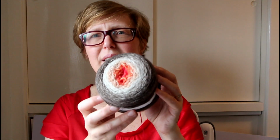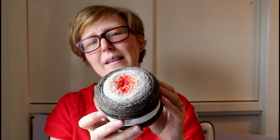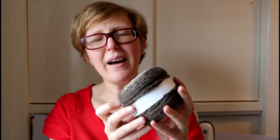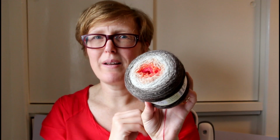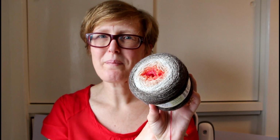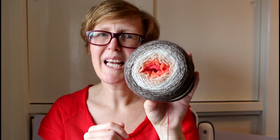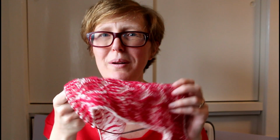So I am using for that one a yarn that I've had in my stash for a really long time. I got it from Loop in London, and I think it's a Freya fine hand paints. I think it's more of a lace weight yarn, but it's a woolly lace weight, and I had been really attracted to the orange bit and this melon colour in the middle of this. I just thought that was so nice, and then of course it goes into the fawn and the brown, which is just really pretty. And I had no idea that deep down in the very middle was this really bright